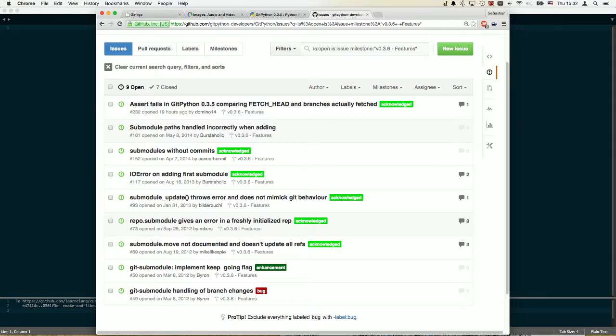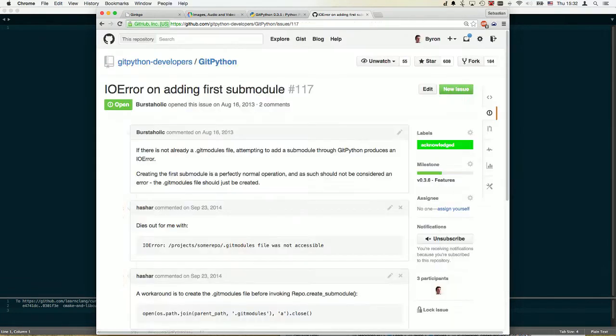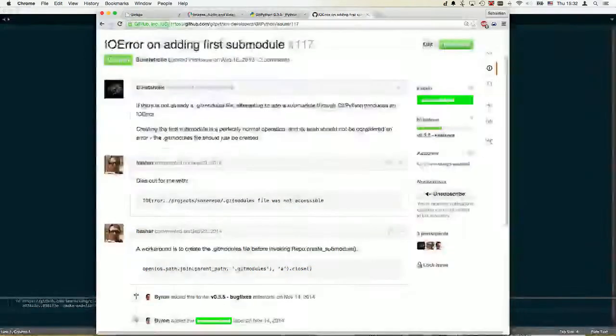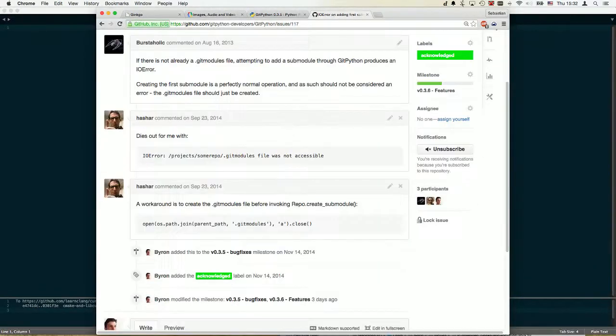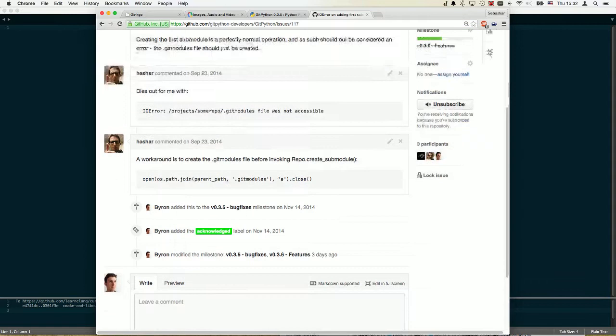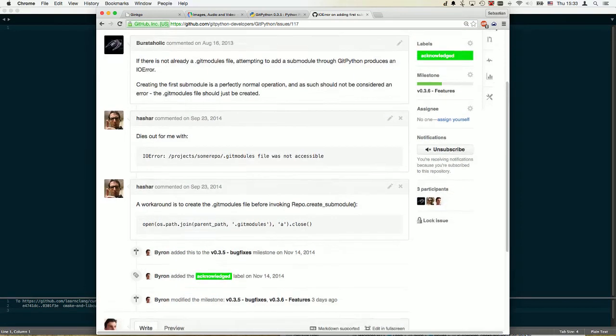IO error on adding first submodule. I think that should be simple. There is not already a git modules file; attempting to add a submodule through git-python produces an IO error. Creating the first submodule is a perfectly normal operation, and as such should not be considered an error. The git modules file should just be created. That is absolutely true. A workaround is to create the git modules file before invoking create submodule. That is also true, and I think that should just be added to the right spot, but that's of course